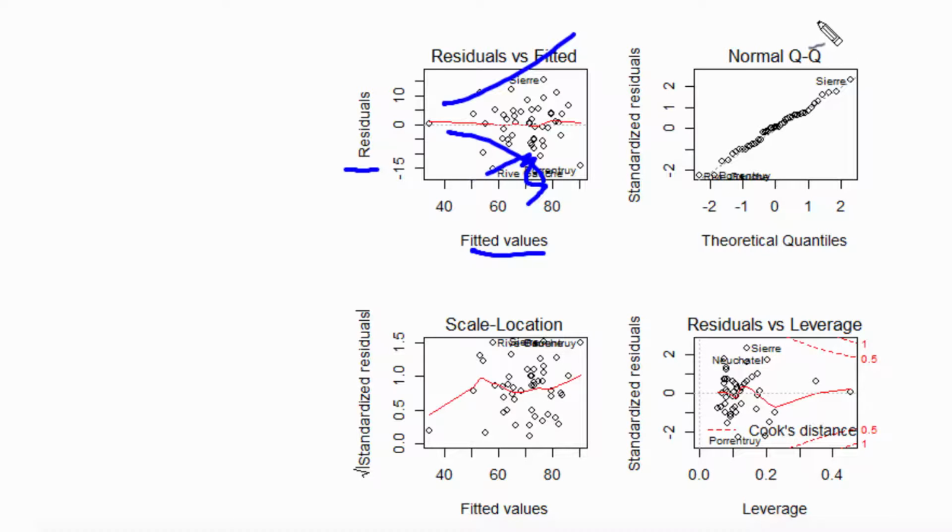The QQ plot is specifically designed to test normality, or not to test, to evaluate normality of the error terms. Okay,